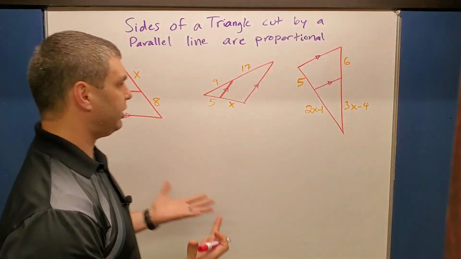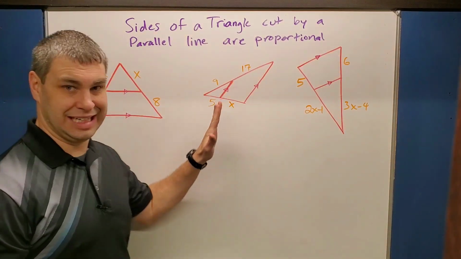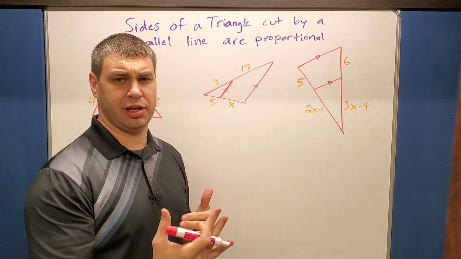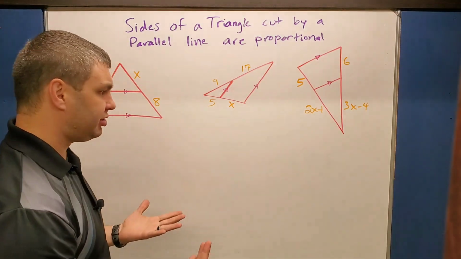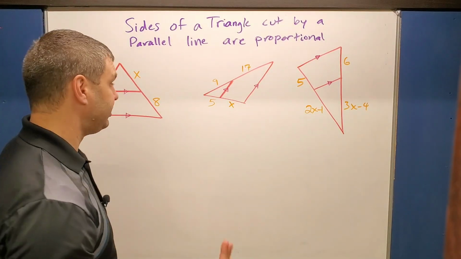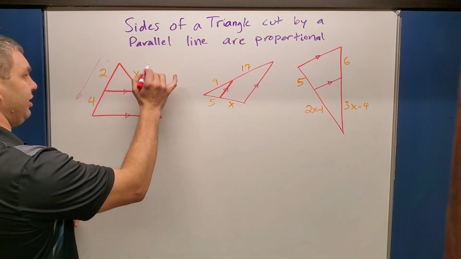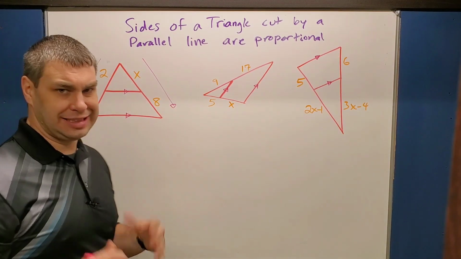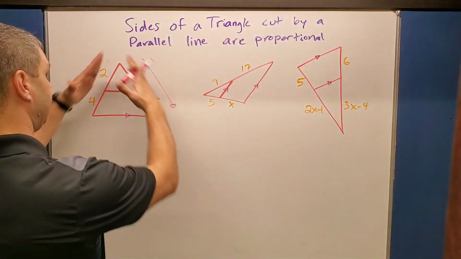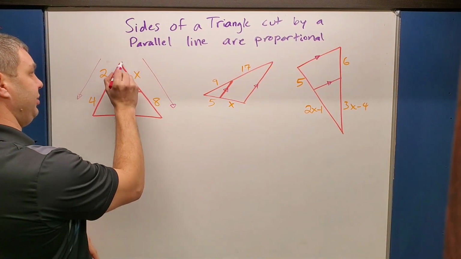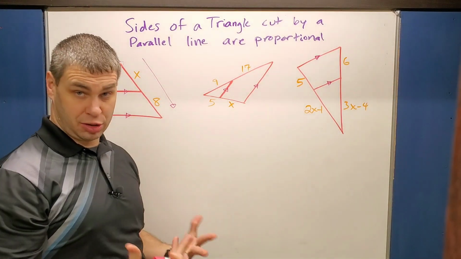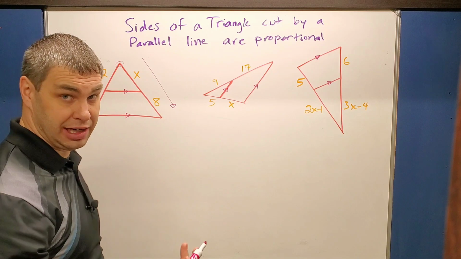When you're given triangles that look like this, that have a parallel line in the middle of them, parallel to one of the other sides of the triangle, the way you can set this up is with some proportions. The easiest way I find is to see that there's information down these two sides. If I take those two pink lines and follow them up, they meet at the top here,